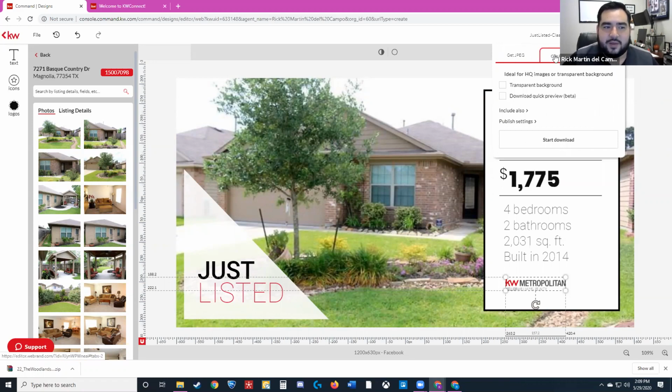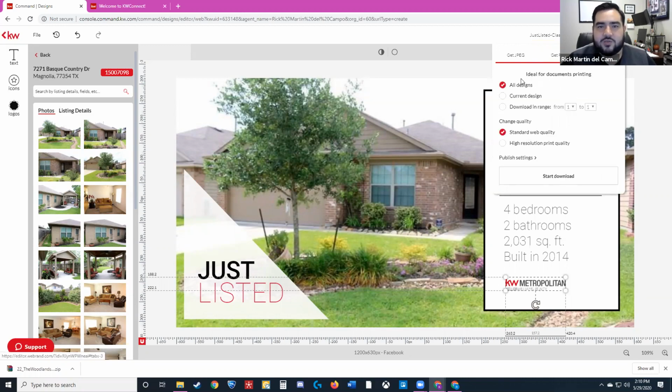It used to be that a PNG and a JPEG were different. The only difference between a PNG and a JPEG is that a PNG allows you to have transparency. I don't know if you've ever seen someone slap a logo on a blue flyer and it looks kind of bad because it's got the white square around it. That's because they didn't use the PNG format. The PNG allows you to have that transparency. However, for Designs, it really won't make too much of a difference. I'm used to using PNGs. It's a high quality graphic, so I'll just use that. And the PDF is used more for print.